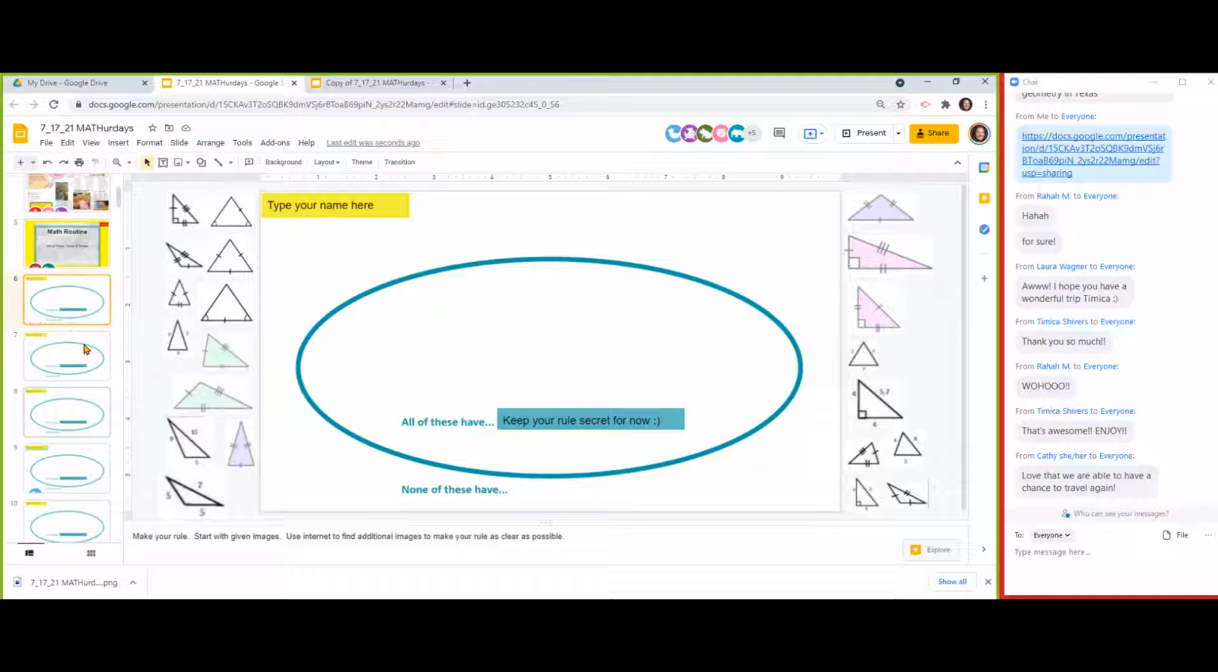rule. It can be anything. There's a lot of triangles on the left and the right. And if these triangles happen to follow your rule, you'll put them inside the oval. If they don't follow your rule, you'll put them outside the oval. And if you're just not sure yet, leave them off the screen, or if they just don't apply, leave them